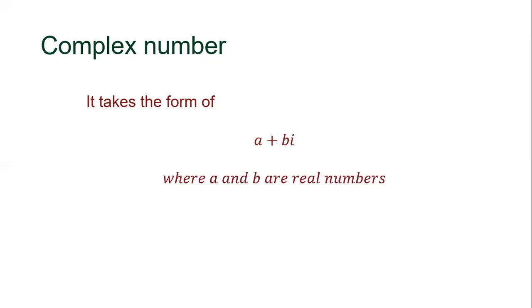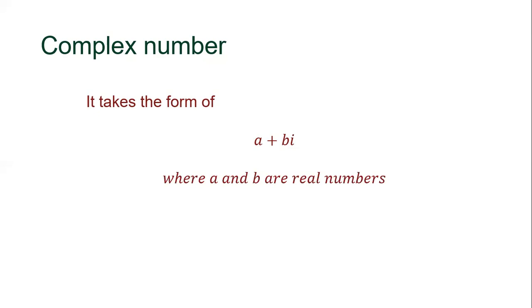Now, what is a complex number? A complex number is an expression of both real and imaginary numbers combined. So again, it is a combination of a real number and an imaginary number. It takes the form a plus bi, where a and b are real numbers, while i, you already know, is the imaginary number